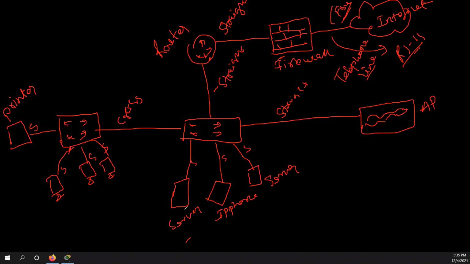And if we talk about the communication, this is one small network you can see. For example, if any server or IP phone wants to access the internet, especially a server or user wants to access the internet, they are going from the switch to another switch, and then over the router, then through the firewall they would be accessing the internet. So this is one small network. This is the physical connectivity.